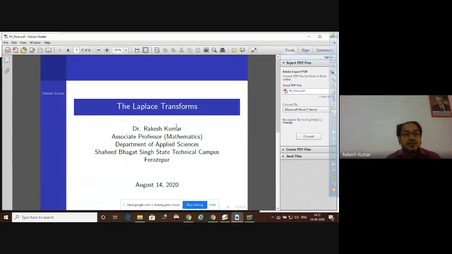Transform, and we have defined what the Laplace transform is and what the various Laplace transforms of the standard functions are. A standard function means a unit function, an exponential function, a trigonometric function, and a polynomial function. We have also done the Laplace transform of the hyperbolic functions, that is cos hyperbolic and sine hyperbolic, in the previous class. We have also communicated the meaning of the first shifting theorem and the change of